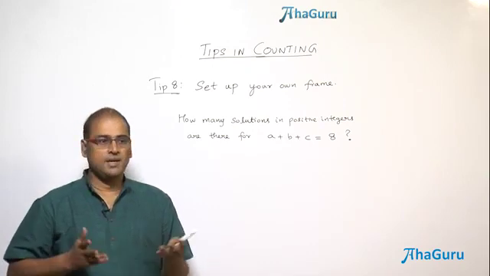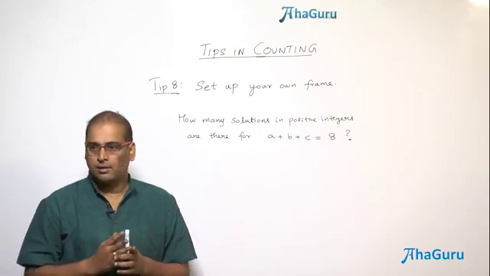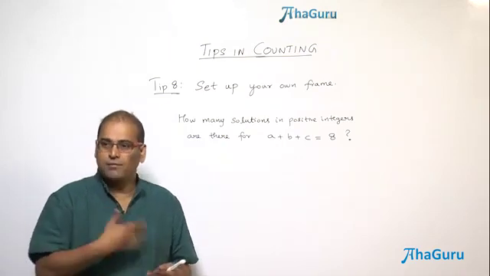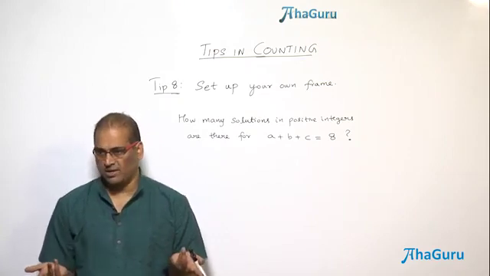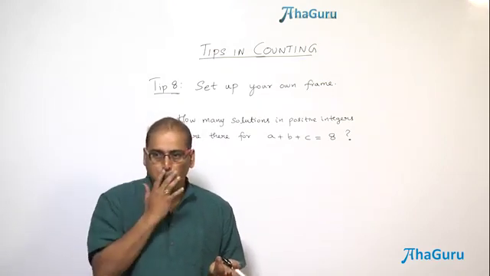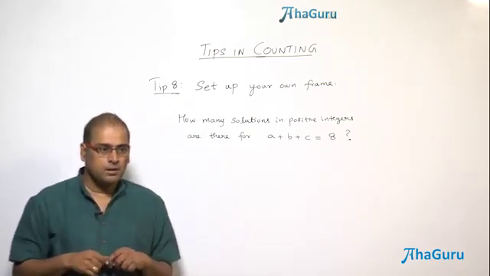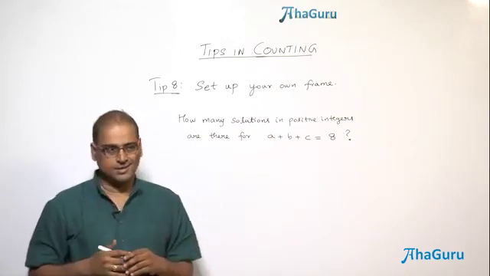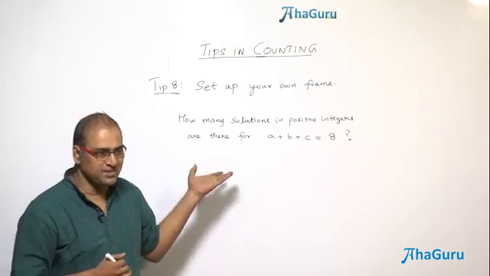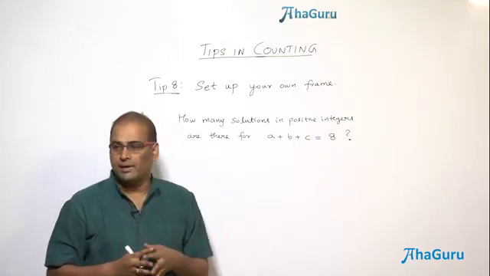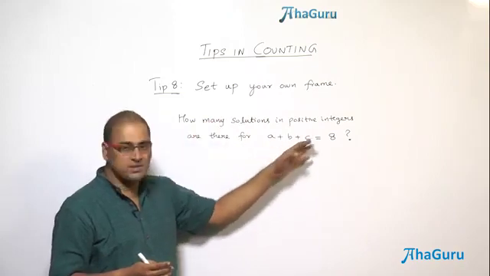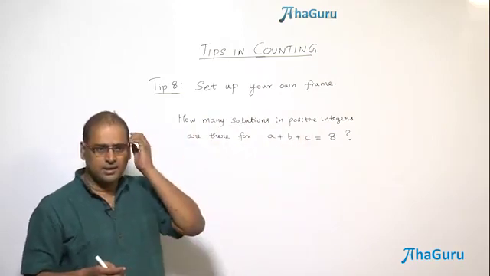Or if I say a 3-digit number, the 3 digits may be different, may not be different. By default they may be same or different, right? Otherwise, it has to be specified. So A, B, C are just characters. The positive integers, the sum of these three should be equal to 8. It's not given as distinct positive integers. So it could be 1, 1, 6, 1, 2, like that.